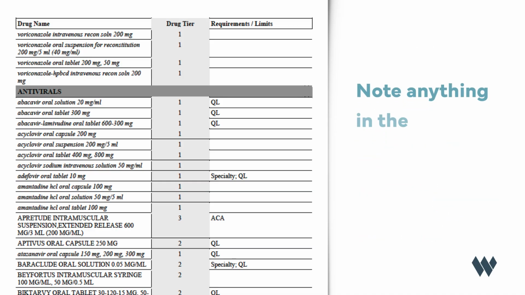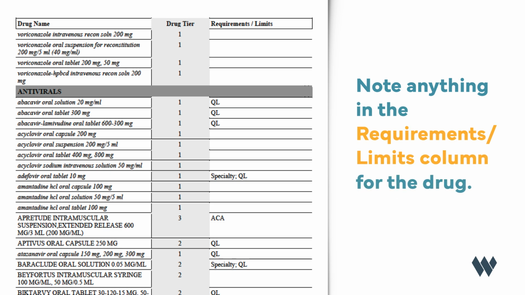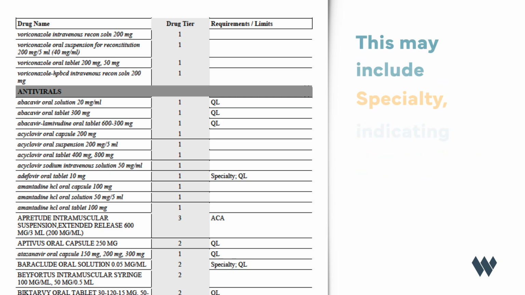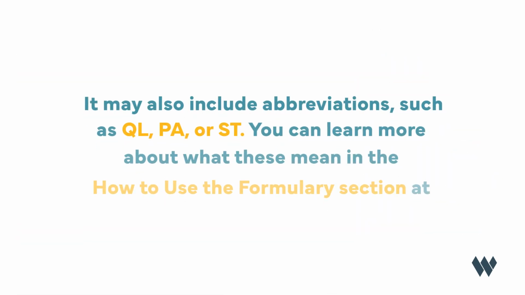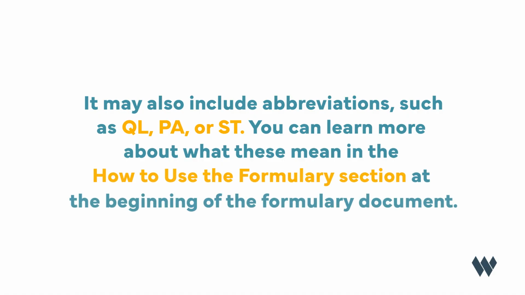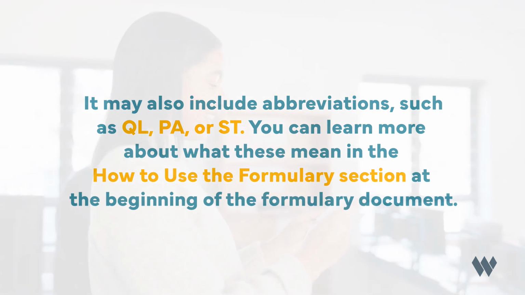On the formulary, also note anything in the requirements/limits column for the drug. This may include specialty, indicating that the drug is a specialty medication and may have a higher copay. It may also include abbreviations such as QL, PA, or ST. You can learn more about what these mean in the How to Use the Formulary section at the beginning of